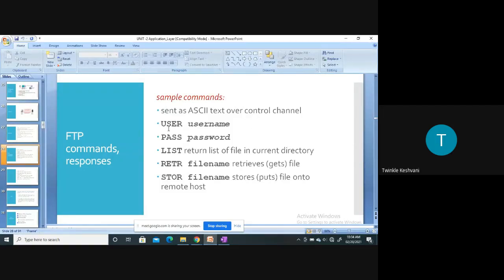As you can see here, the first command is USER. USER is used to send the user identification to the server. PASS is used for sending the user password to the server. LIST is used to ask the server to send back a list of all the files in the current remote directory, right? Now the list of all the files is sent over a data connection. It won't be sent on the control connection, it will be sent on the data connection, because if the server is sending the list, that means it has files, and files are always transferred in the data connection.